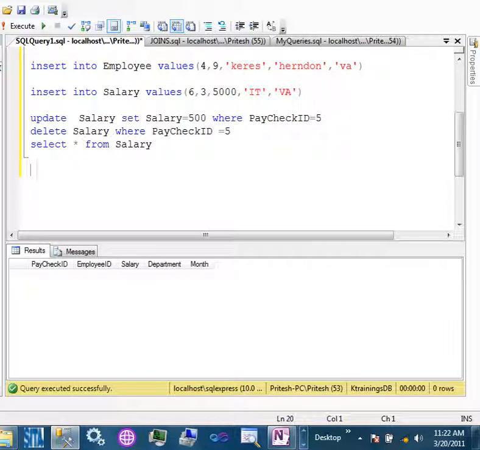So if you want to, let's say, create a table using a program, the way we defined everything manually, if you want to create it programmatically, there is a syntax for that.